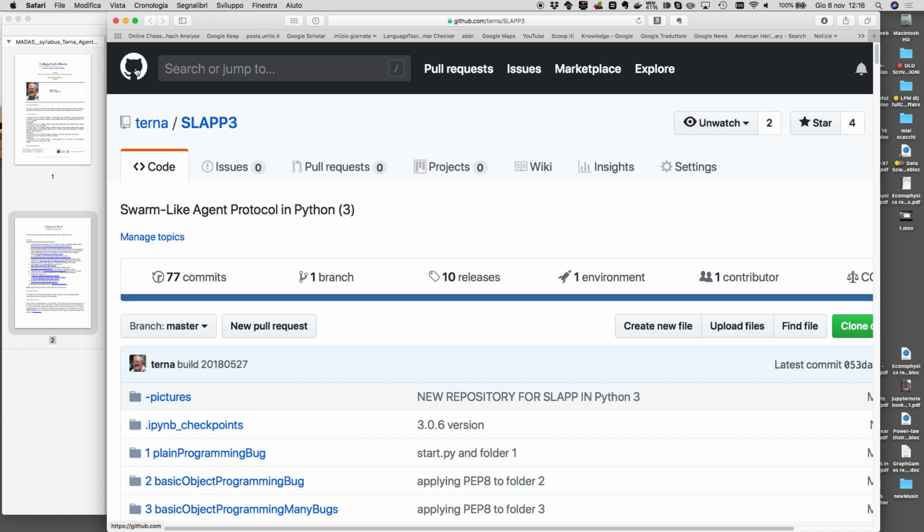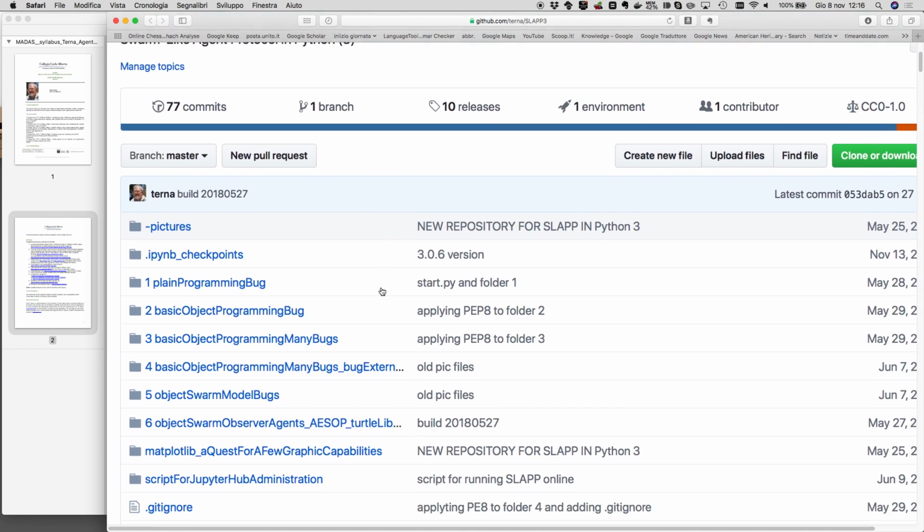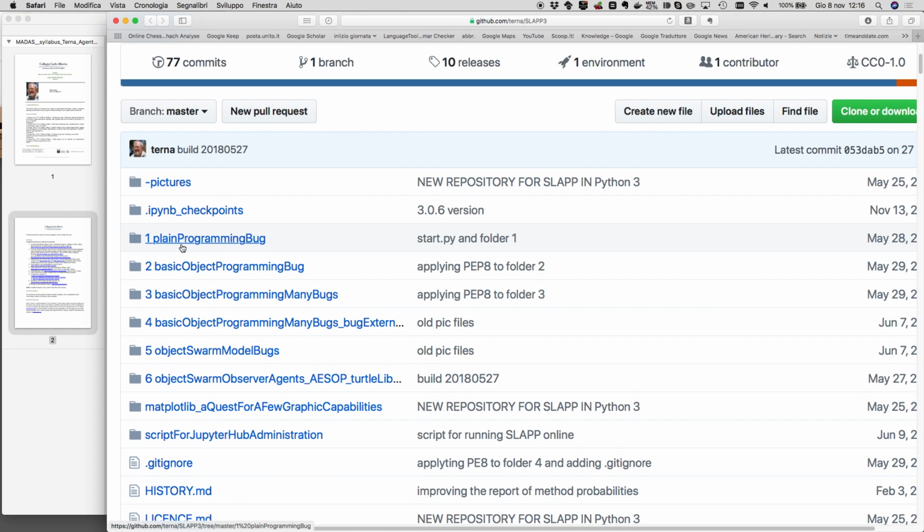The cat is the symbol of GitHub. And here you have 6 folders. From 1 to 5, they contain a tutorial. A tutorial to do what? To learn how to build